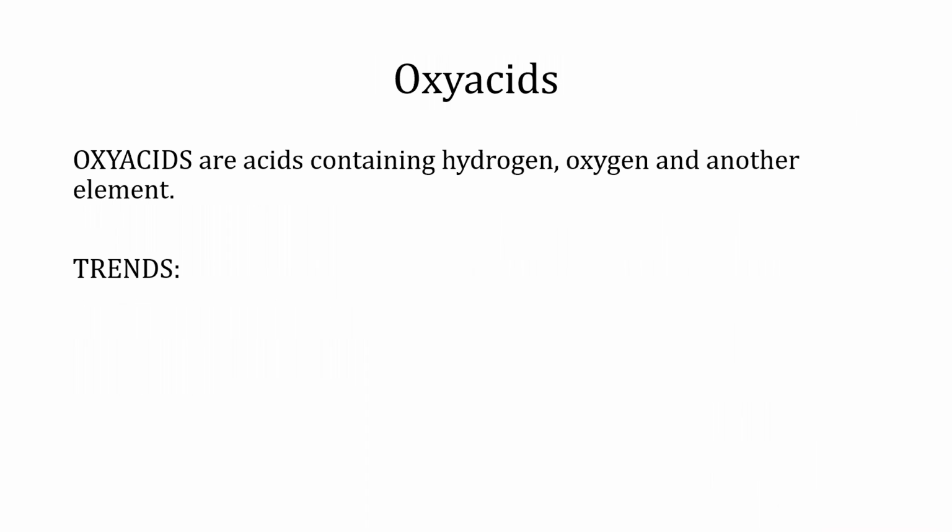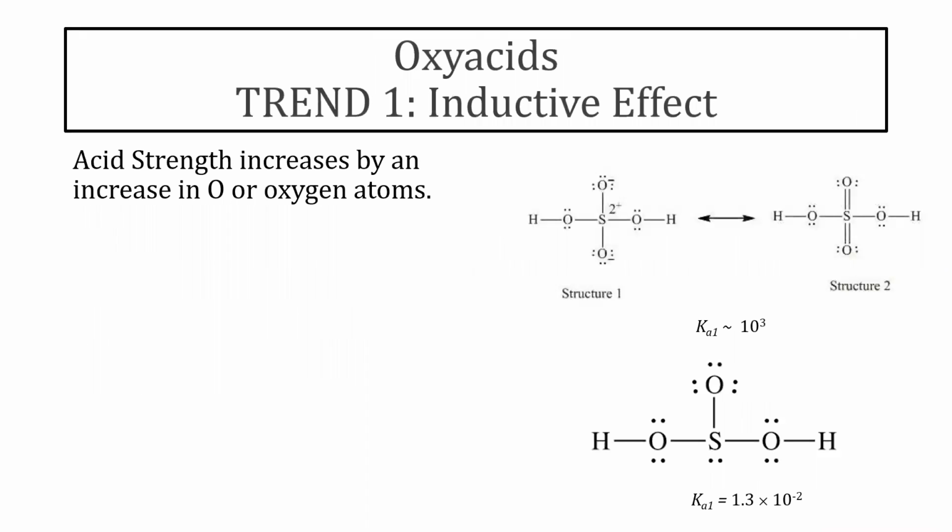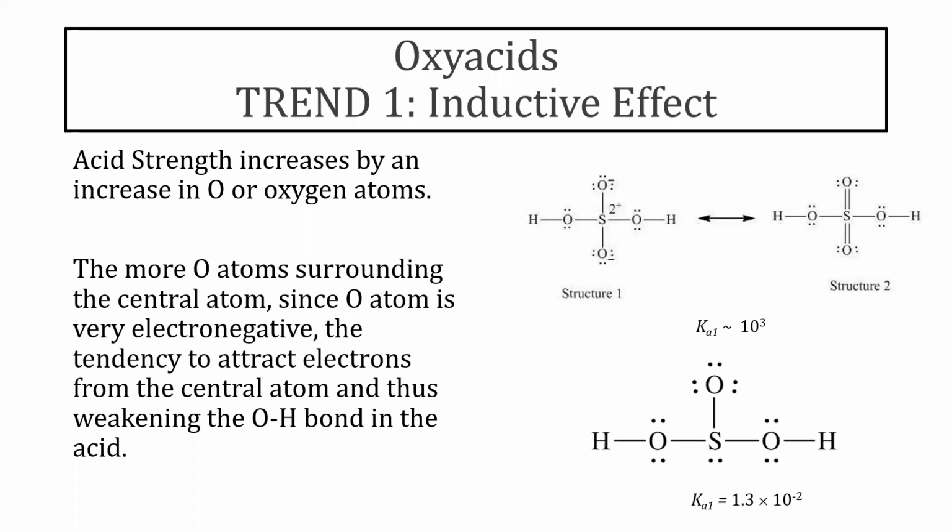Oxy acids are acids containing hydrogen, oxygen, and another element. The two trends that will be discussed are inductive effect and electronegativity. Acid strength increases with an increase in O or oxygen atoms, because the O atom is very electronegative and tends to attract electrons from the central atom, thus weakening the OH